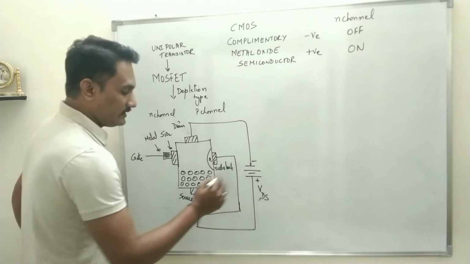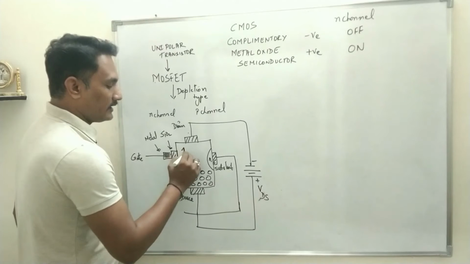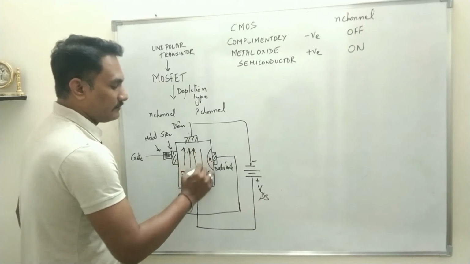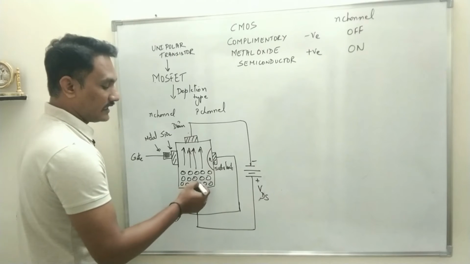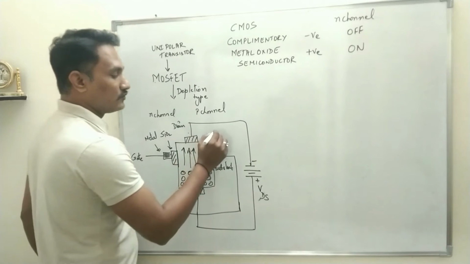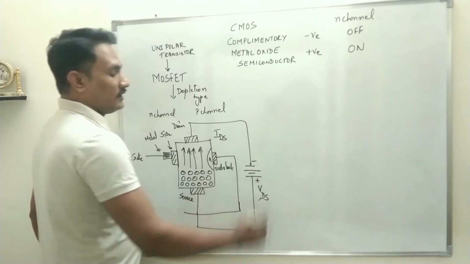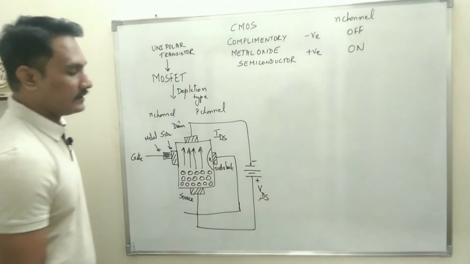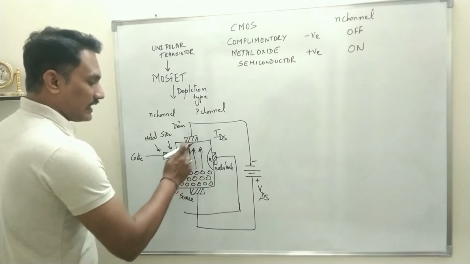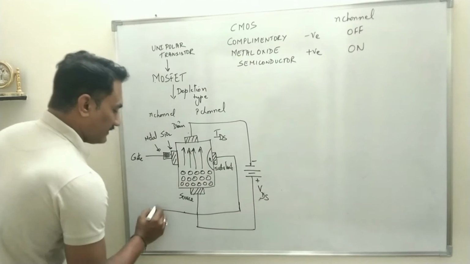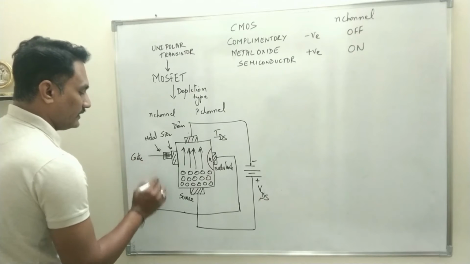When such a polarity is applied, holes will be repelled by the positive terminal, get attracted towards the drain and will move towards the negative terminal. That means charge carriers will flow from source to drain. That will constitute IDS, drain to source current. And of course this current will be controlled by the external field applied between gate and source.